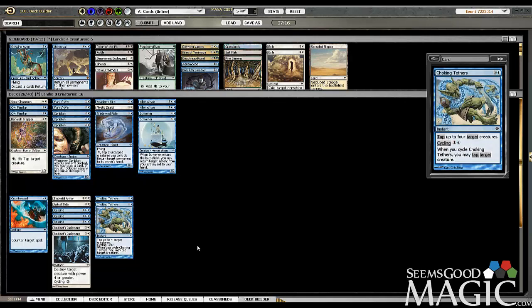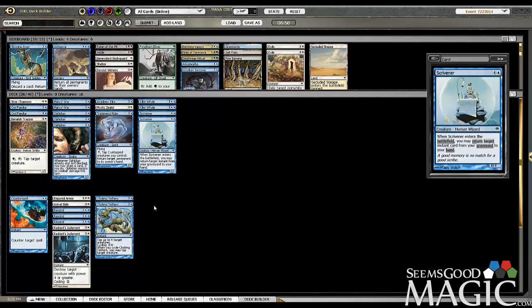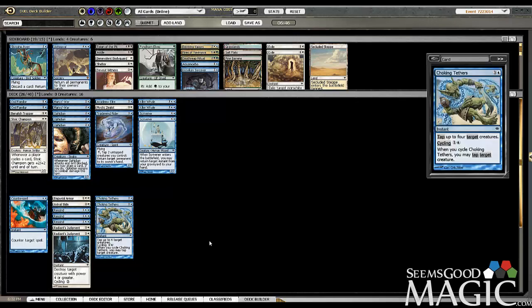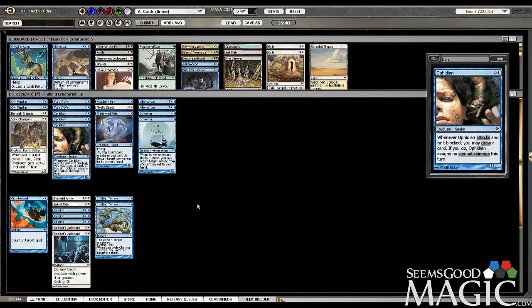Still need to make 3 cuts. Hmm. So Stoic Champion. How many, let me count, total scry. I think we've got 7. All right, 7 total scry cards. 2 cards that reward us for scry, so not going to be cutting any of those spells. So really the ones on the table, I think we're not cutting any of these, so I guess I am cutting 3 creatures going to 13, which typically I would be concerned about,